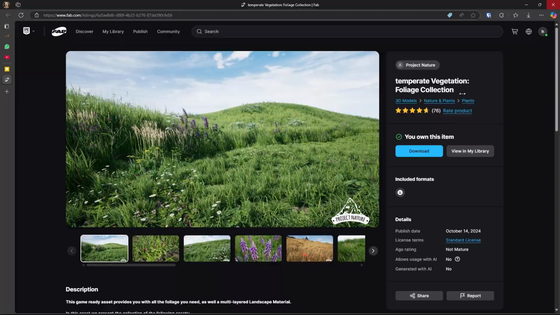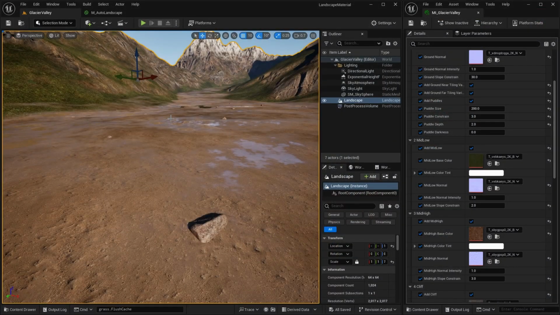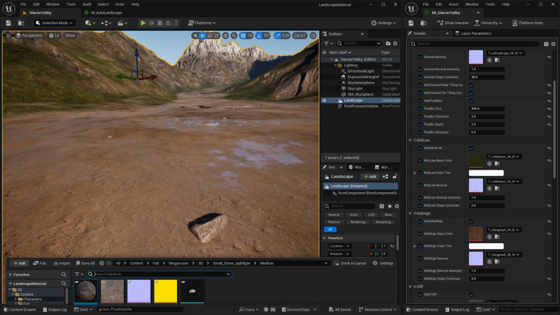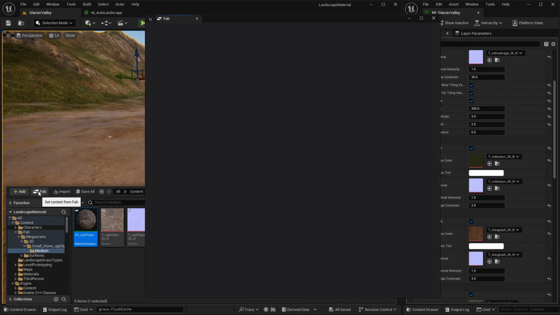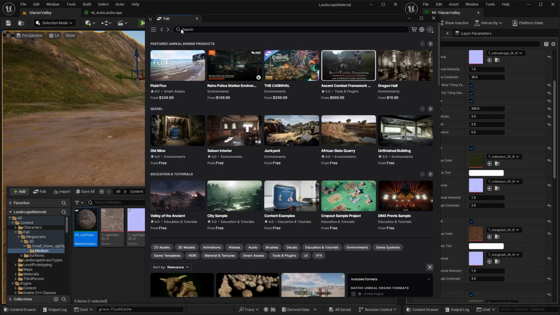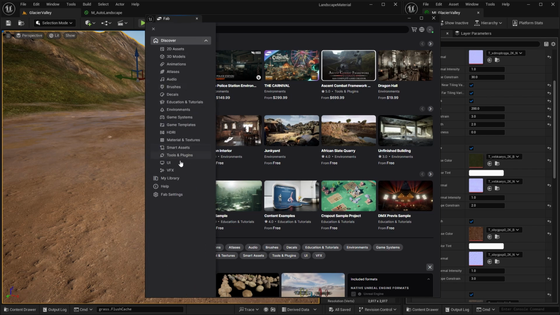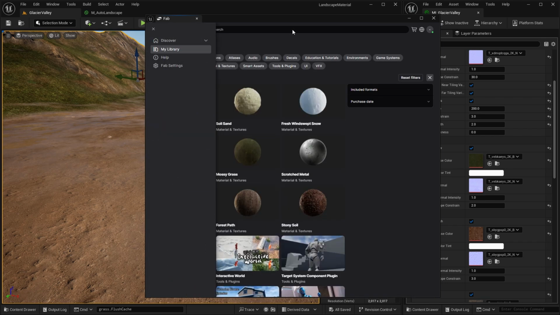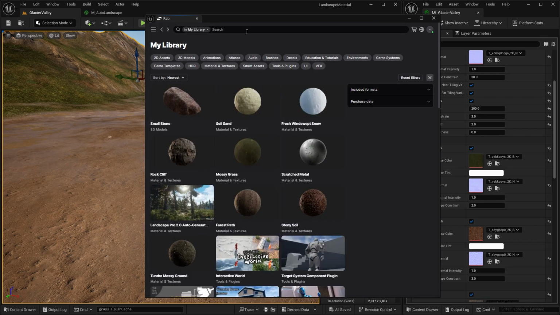And if I then come into my project, go into Fab and my library and search for it here. Yours will probably be at the top here, mine's somewhere hidden within the hundreds of assets I own.